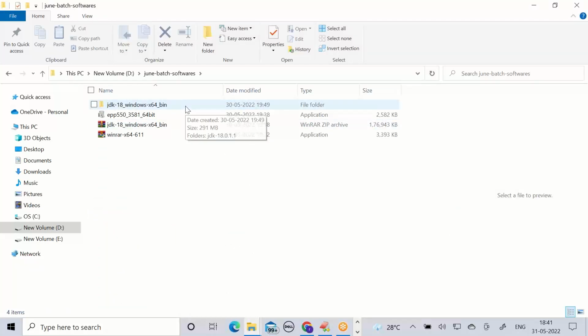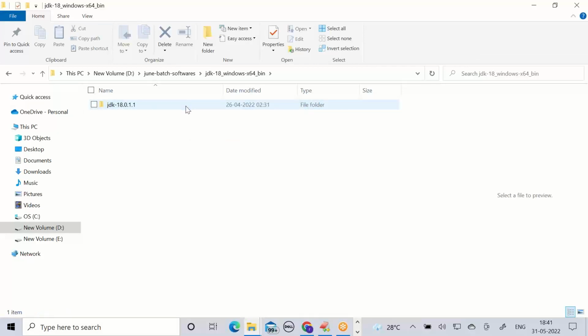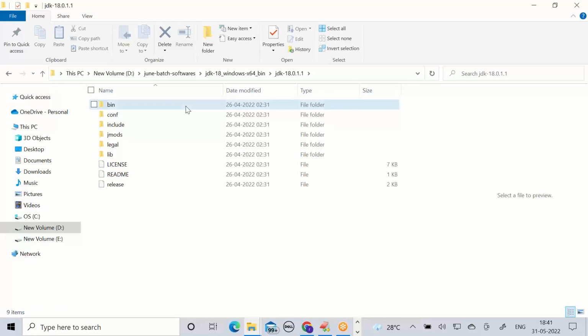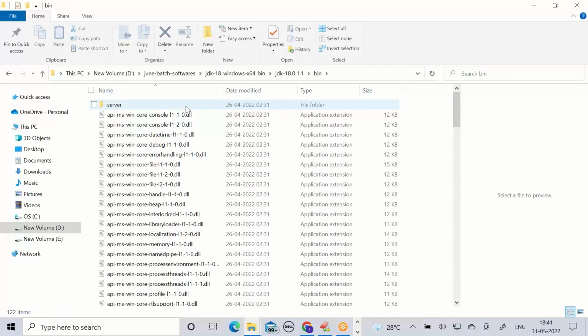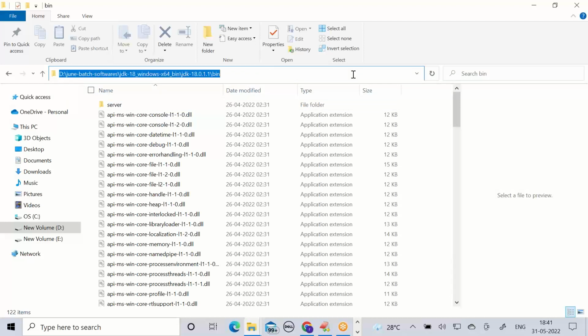Go to the JDK first hierarchical folder, second hierarchical folder, bin folder. This is the location where commands are available. This location is displayed in the address bar. Yes or no? Select the address bar. Copy, Control C. This is the detailed location where javac and java are available.